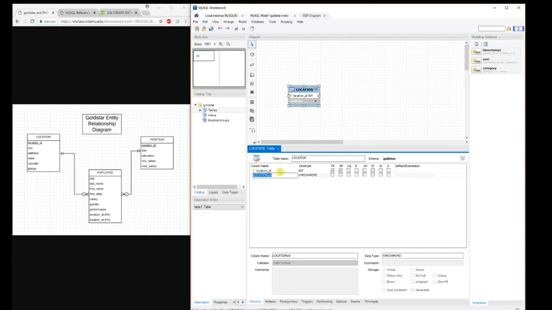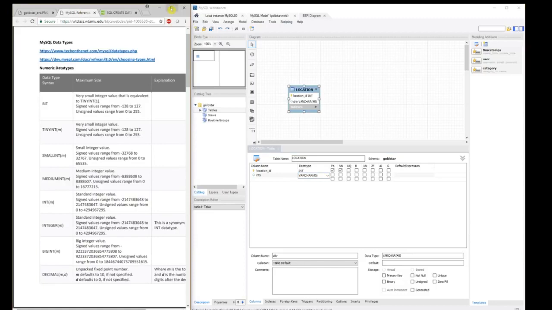I'm going to double click and continue to add attributes. So the next one being city. Now, from here, we need to talk about data types. So what I've done is provided a reference sheet for you by compiling information from both the MySQL documentation and some other tech websites. So if we take a look at that,